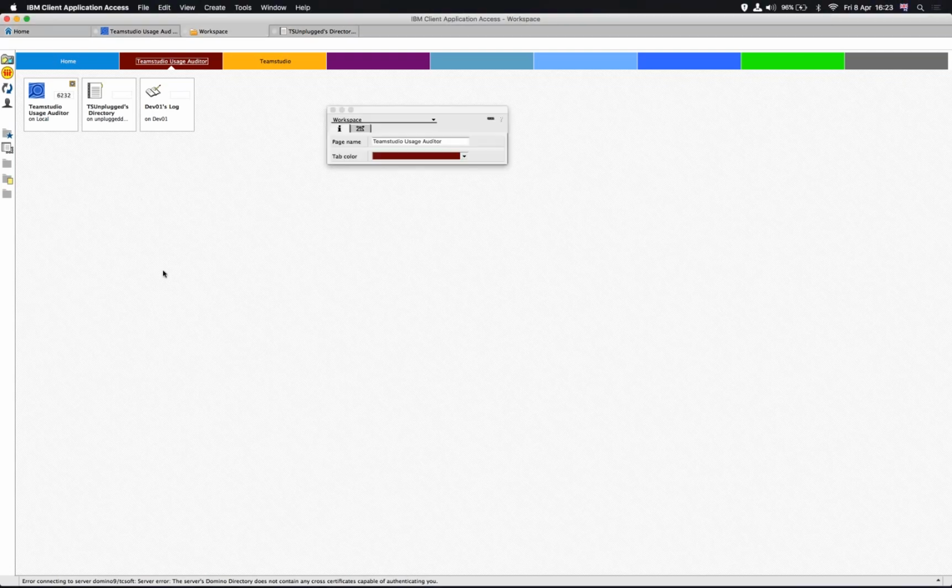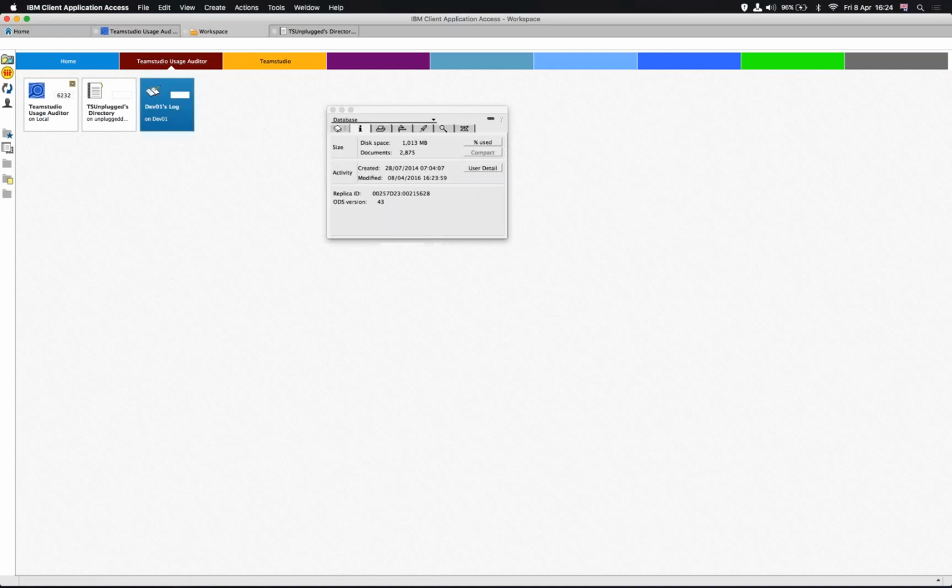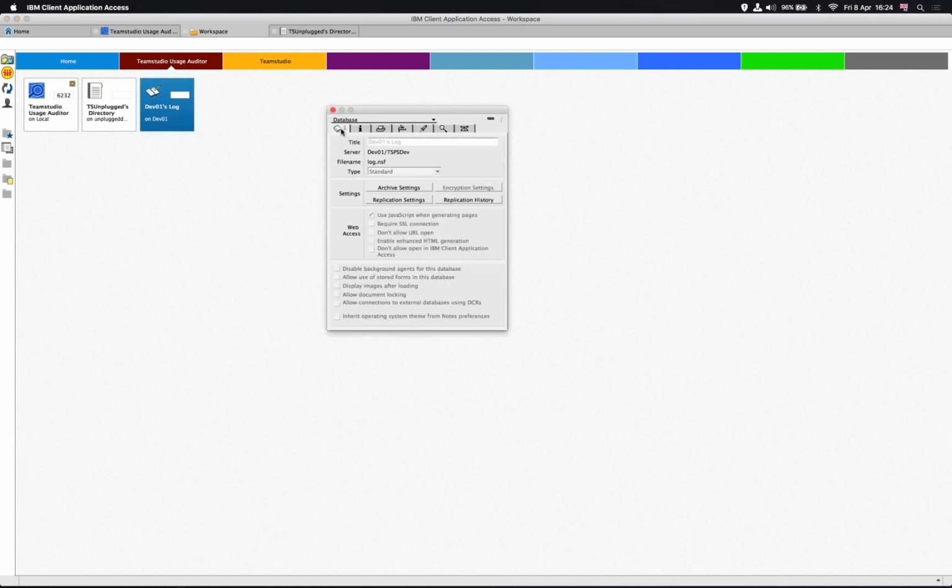So I'm kind of with you guys that 50% of you use user details. So I'm just going to show you a single reason why we don't use them for our usage auditor, and then we'll get into the main body of the demo. It makes sense to do this here because so many of you are using user activity for usage auditing. So you come into your database properties,